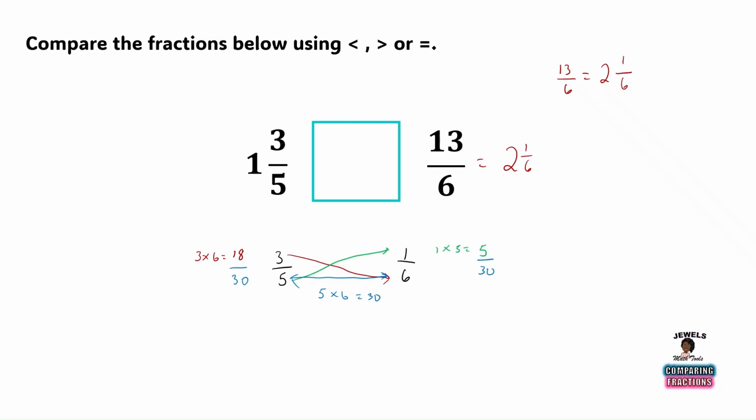And after this step, I have to stress this. Please remember to not forget your whole number, because you may be tempted to compare your fractions as is, forgetting that you did have a whole number. So my whole number for my fraction was 1. So this would be 1 and 18/30. And my whole number for this fraction will be 2, and this will be